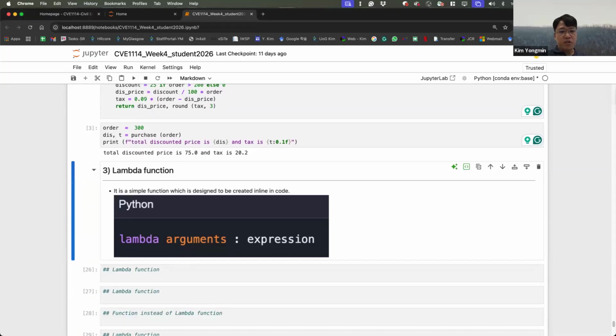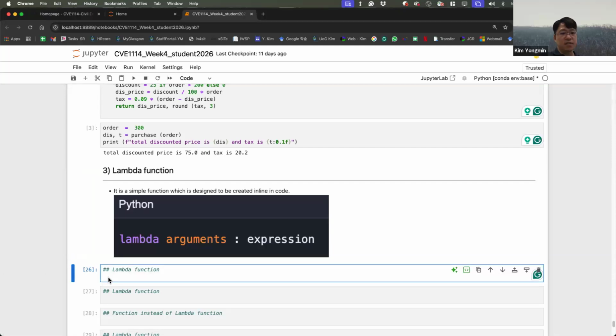Let's move on to lambda functions, which are simple functions designed to be created inline in code, just one line of code. Lambda arguments, colon, expression. It looks difficult, but let's see.